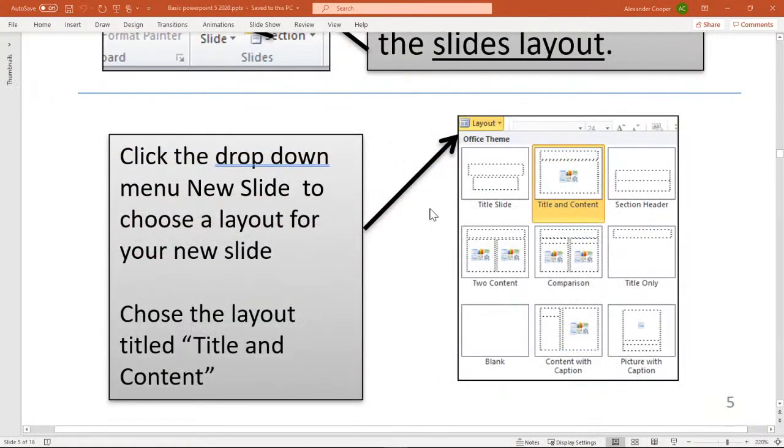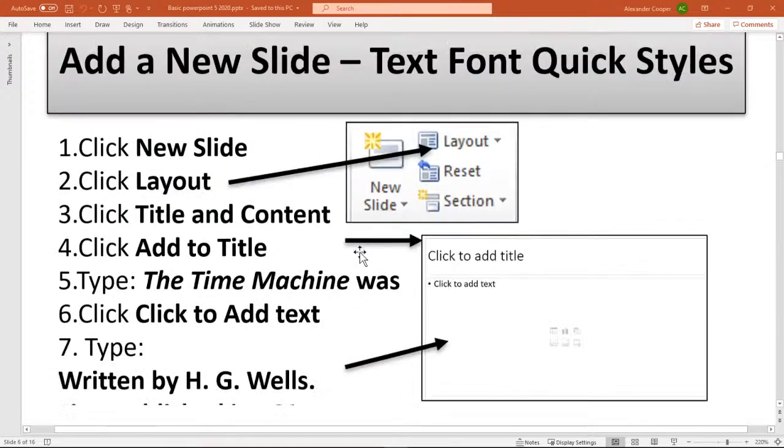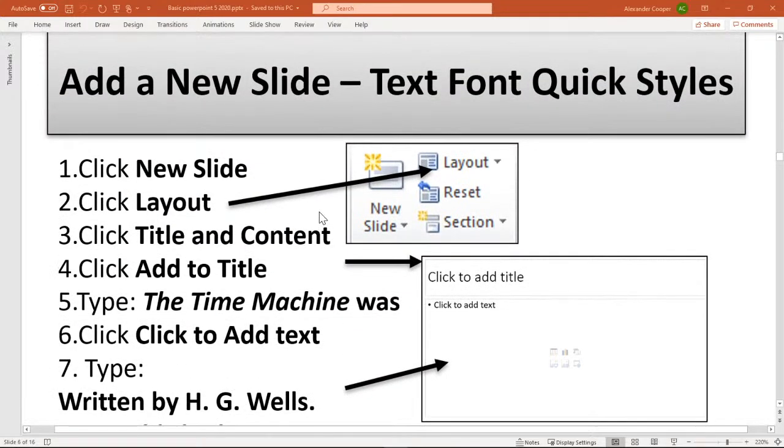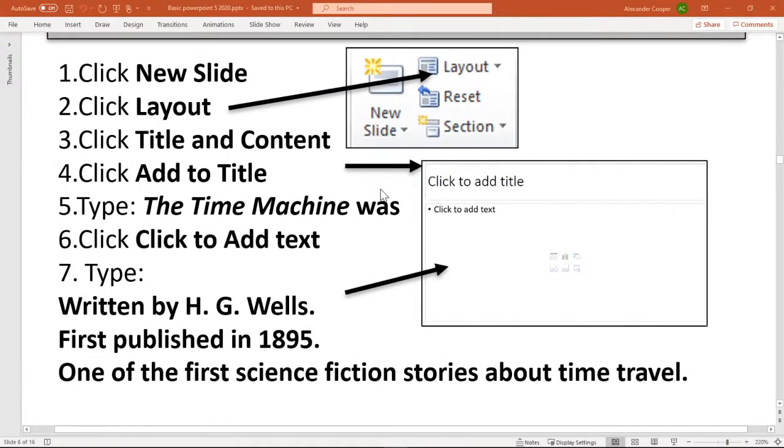Okay, so let's go ahead, and we've chosen the title and content one. Now let's add our words to it. We're actually going to talk about animation later. We're going to make this a bit of a game show with our presentation. I do this when I do presentations, and I really recommend it. If you have a list of things, we're going to set it up later with our animation so that we click, the name comes up at the top, we click again, and it gives us the other information. So we can ask our audience questions, and then we can click it kind of like a game show.